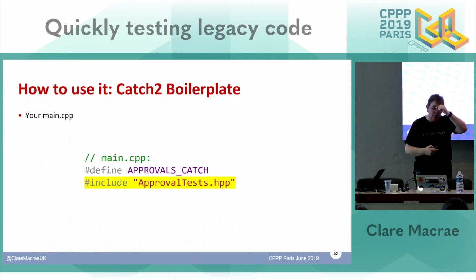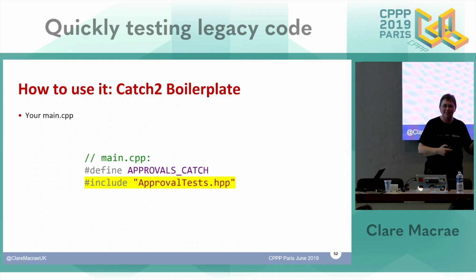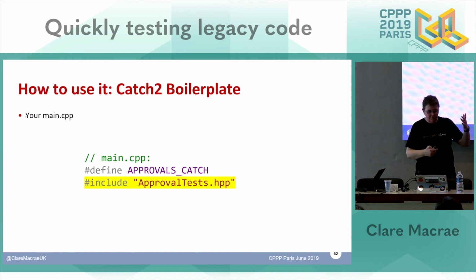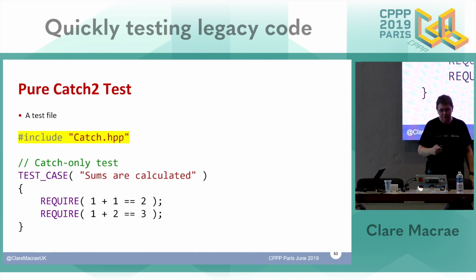Now, Catch actually works fine if you don't provide a main. No, that's the wrong way around. Google Test works fine if you don't provide a main. It provides its own. If you forget to do that, we've got a really nice help message, thinking back to the difference between error message and help message. That tweet that Kate mentioned this morning specifically drove us to add, if you forget to put this sort of thing in your main, a really specific message about exactly what you need to do in your code to fix this problem. So, yay for that tweet.